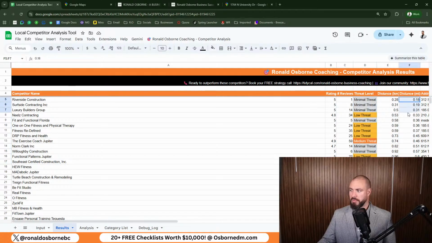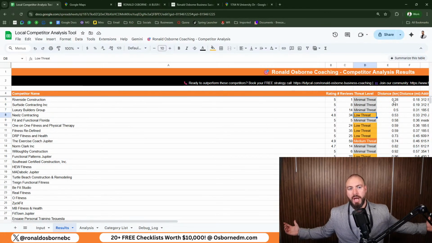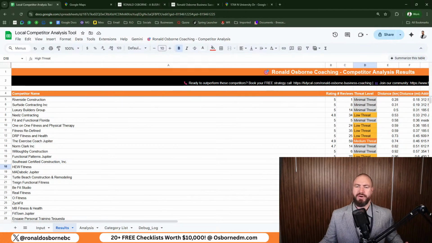Now, the problem is for us, everyone's within 1 mile, and then immediately as soon as it gets to the 1 mile mark, high threat. But let's just pretend this was out to 5 kilometers, 5 miles. If you could see that everything is minimal and low threat out to 5 miles, maybe there's one high threat. Maybe there's one. If you can go all the way out to 10 miles with that type of reading, if there's good search volume and people are actually looking for your services in this area,